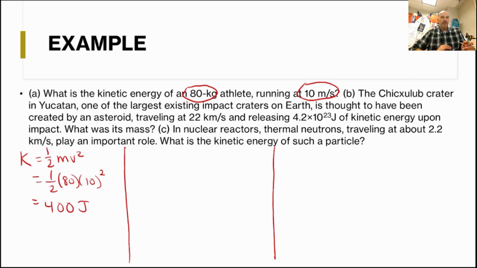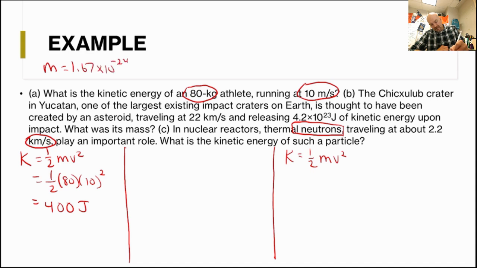Much like the third one, part C. If we jump ahead real quick, the only difference between the first one and the third one is the numbers. The one thing to remember is that here the speed is given in kilometers per second. We need to convert that to meters per second. And it's not given in the problem, but we need to know the mass of a neutron. That's given on the formula sheet. So the mass of a neutron is 1.67 times 10 to the negative 24th